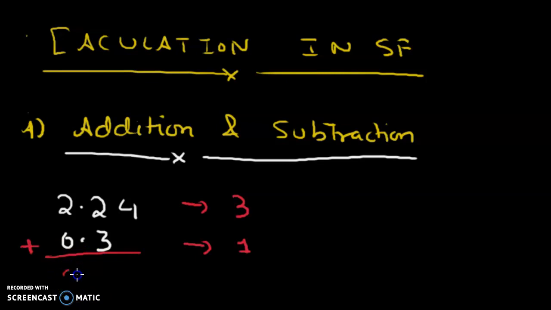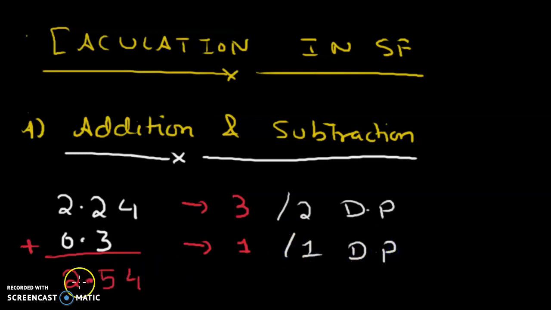First of all, what would be the result? 2.54. It has 2 decimal places, the other has 1 decimal place, so the result would have 1 decimal place. So just round it off. 2.5 is the answer. So I just need to round it off to the tenths place after the decimal. Okay,